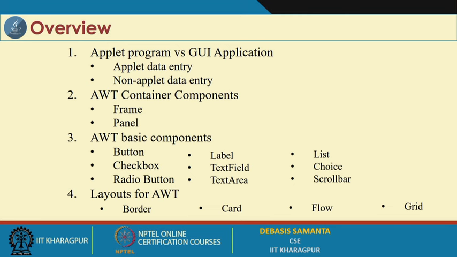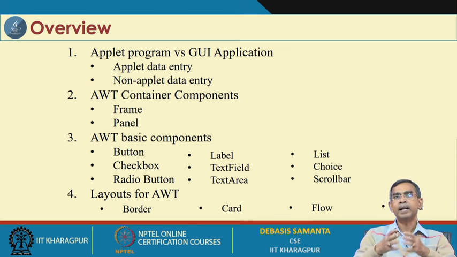Finally, layout management helps a program automatically decide in which way all the components are managed. We have discussed the flow layout manager, border layout manager, grid layout manager, and then the card layout manager. All these managers, I mean classes, are defined in the AWT package, as you have already discussed in theory, and all the components are also defined in the